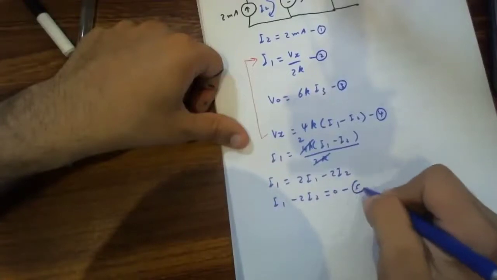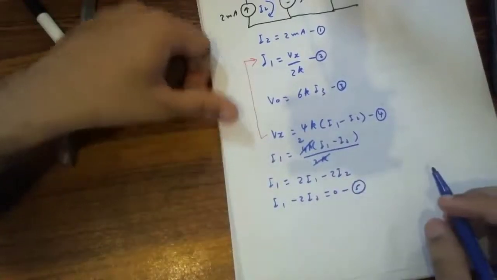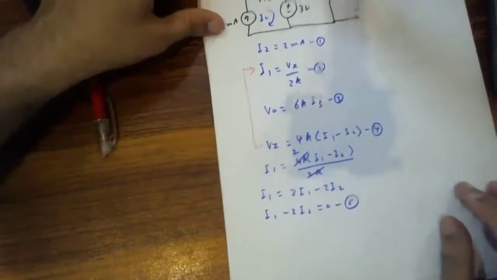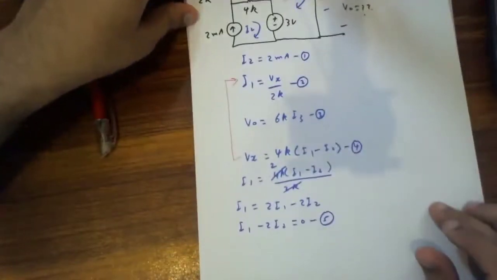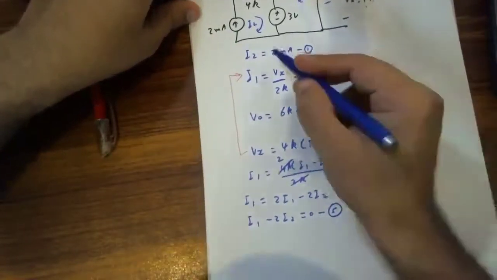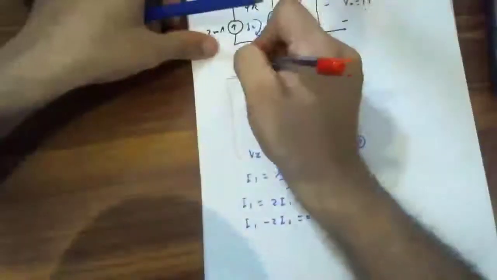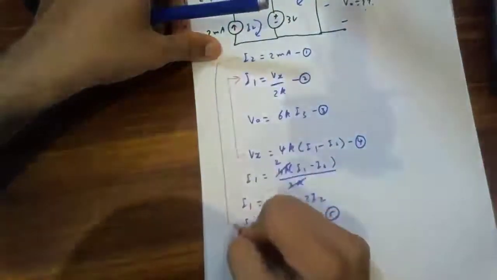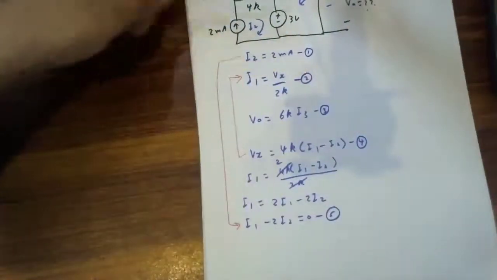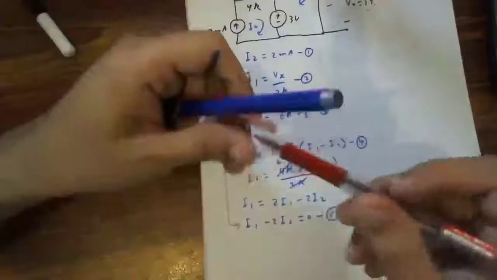This is your equation number 5. ठीक हो गया जी. और आप I2 की वैल्यू कितनी गिवन है, which is given to you is equal to 2 milliamperes. अब आप I2 की ये वाली वैल्यू इस इक्वेशन में सब्स्टिट्यूट कर दें, तो आपके पास क्या आ जाएगा, you will obtain